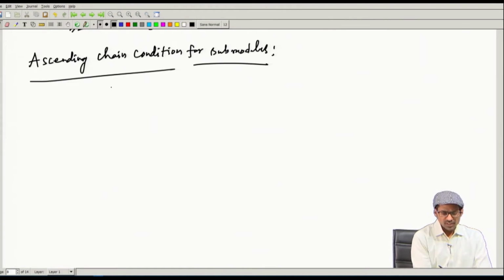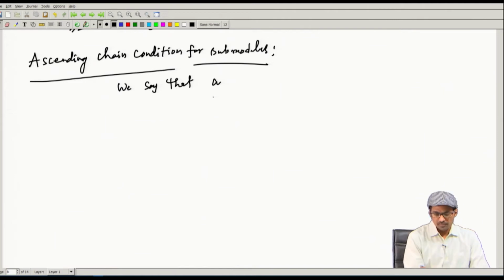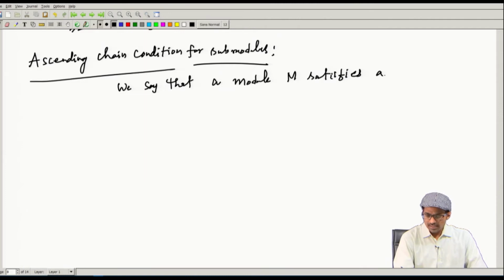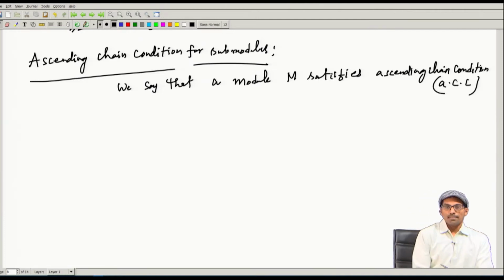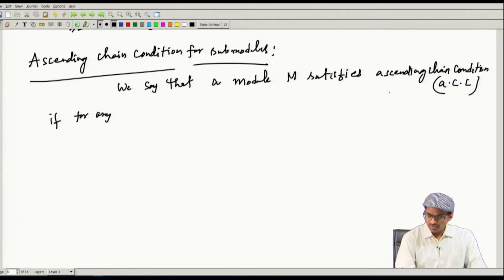We say that a module M satisfies the ascending chain condition, ACC for short, if for any chain of submodules,